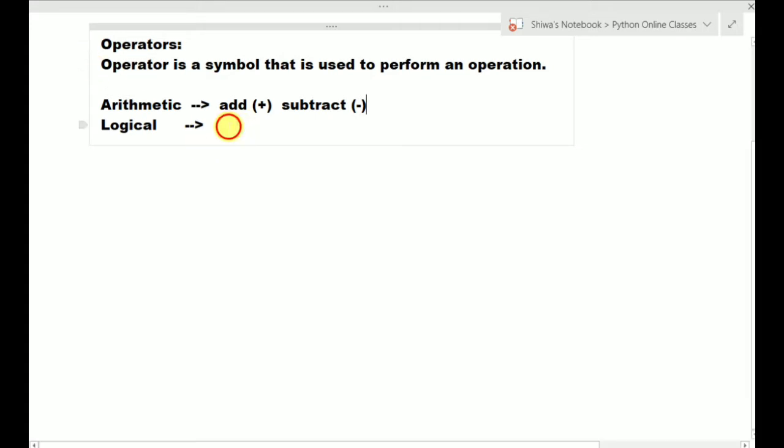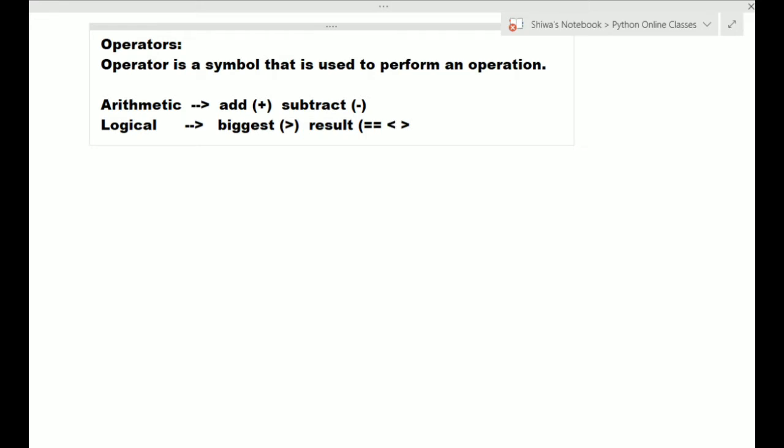What are the examples for logical operations? For example, I want to find the biggest among two or three different numbers. For that I use symbols like greater than. Or I want to find the result of a student. To find the result, I use operators like equal to, less than or greater than.